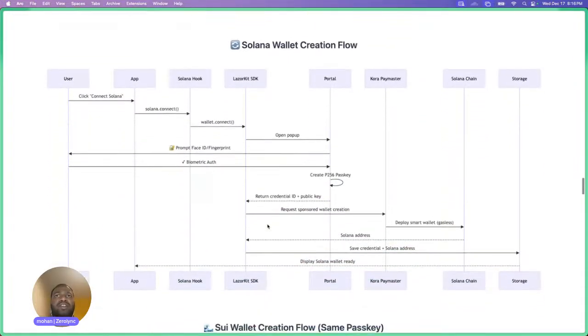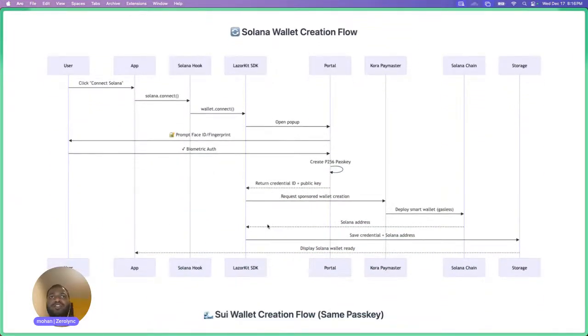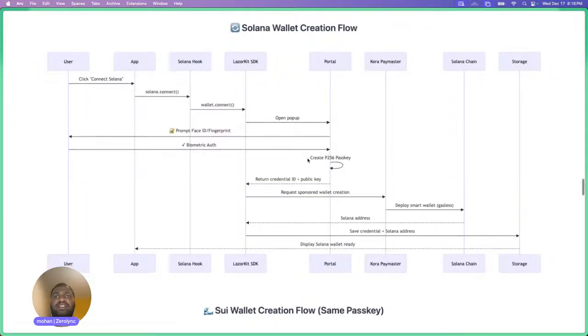And I can also explain the Solana wallet creation flow, which you just saw a few minutes ago during the demo. So as usual, you connect to Solana, and you connect your wallet, and you will get a pop-up. In the pop-up, you click sign up or sign in. If it's a sign up, then you have to create a new wallet. So you get the prompt for Face ID or any biometric authentication,